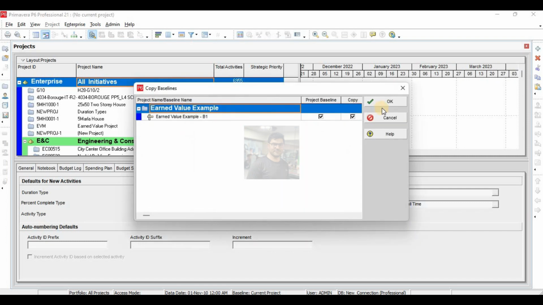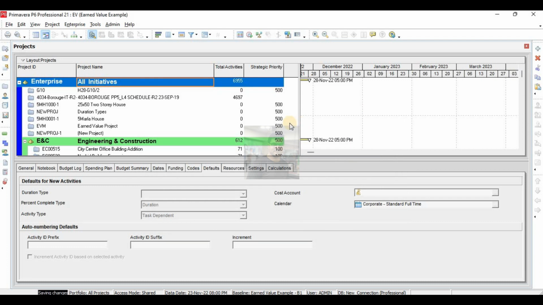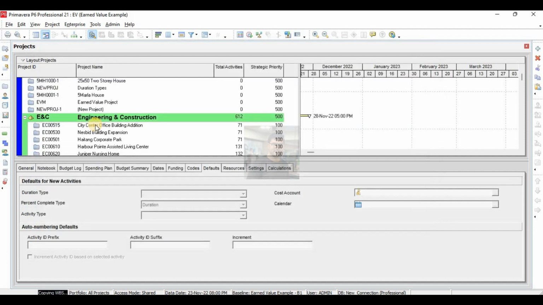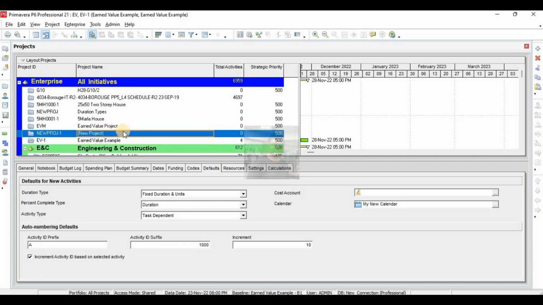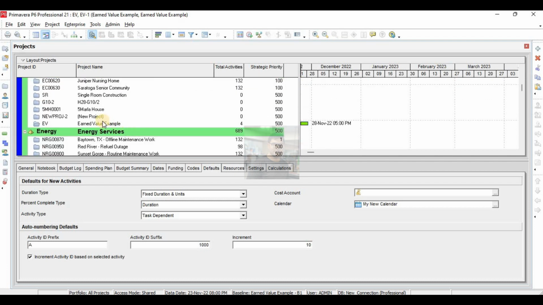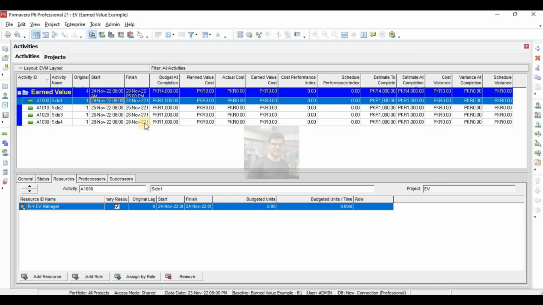Baseline I also want to copy. Okay, so now I have a copy of my project to be on the safe side if something went wrong, and I will come to this project, open it.